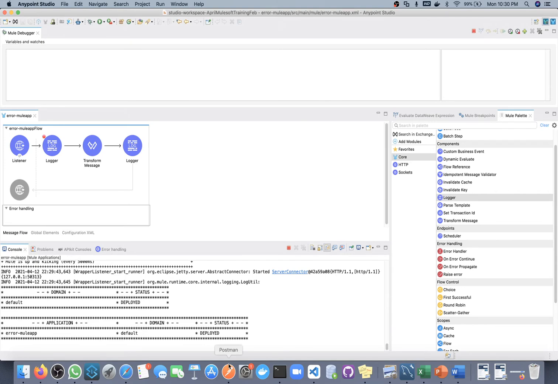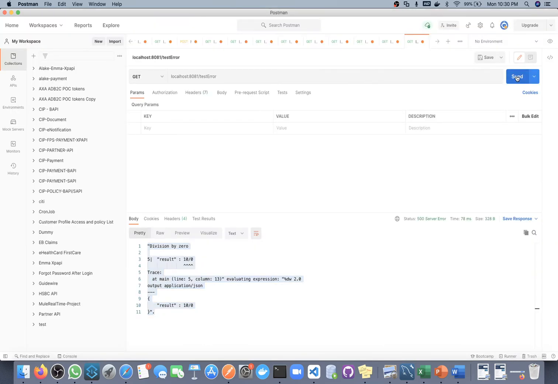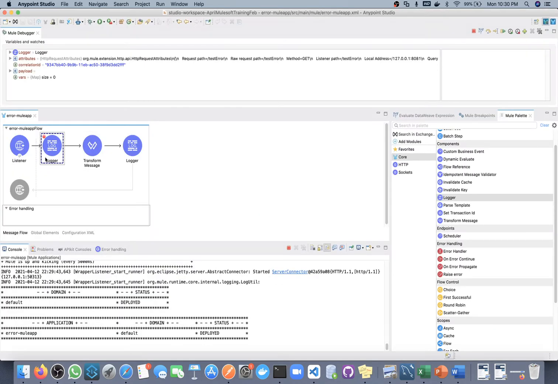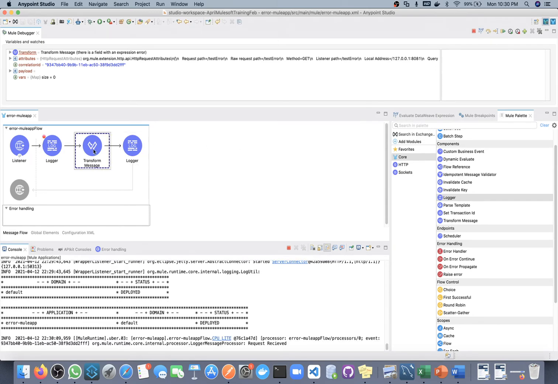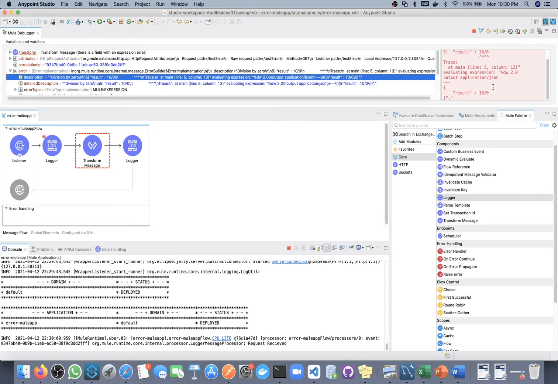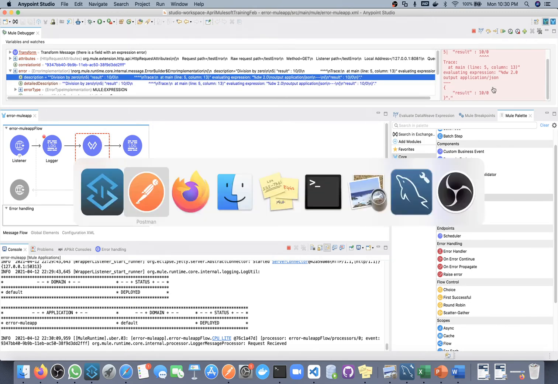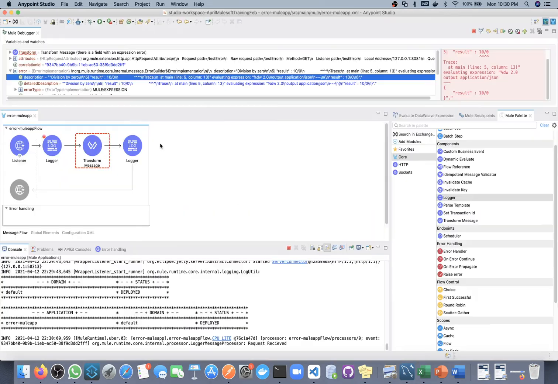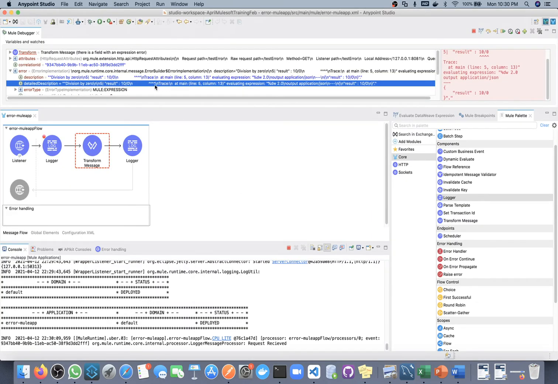Okay, deployment done. Now I will go here and call this. So we are at this point. If I go next, we are inside this Transform Message. Once I click on this, see, we are getting an error here, and we have this description that we are getting in the response, and we have the same thing in the detailed description also.